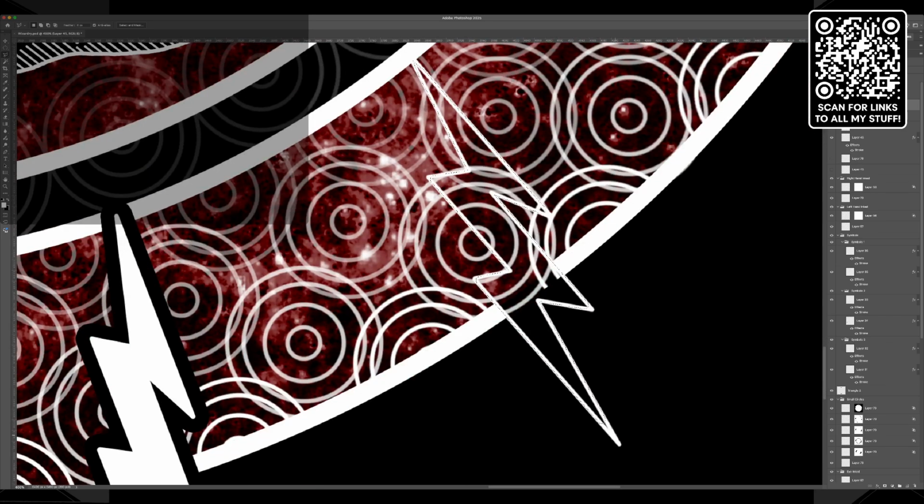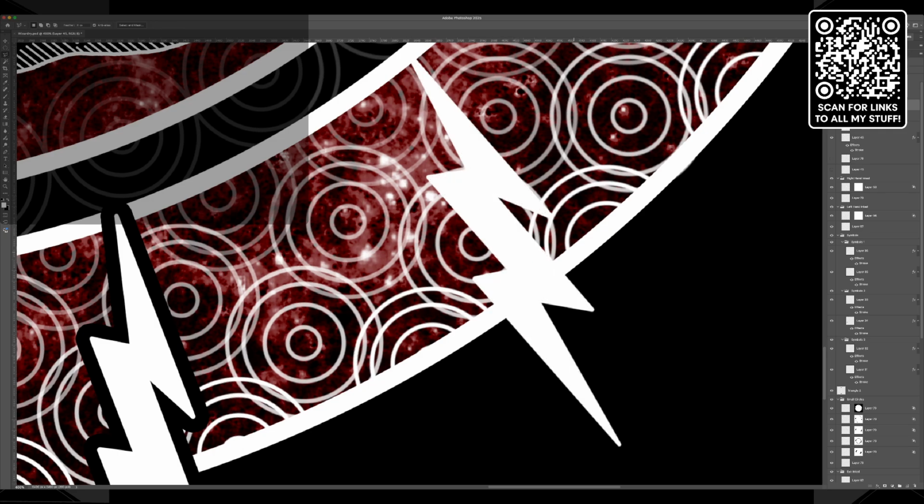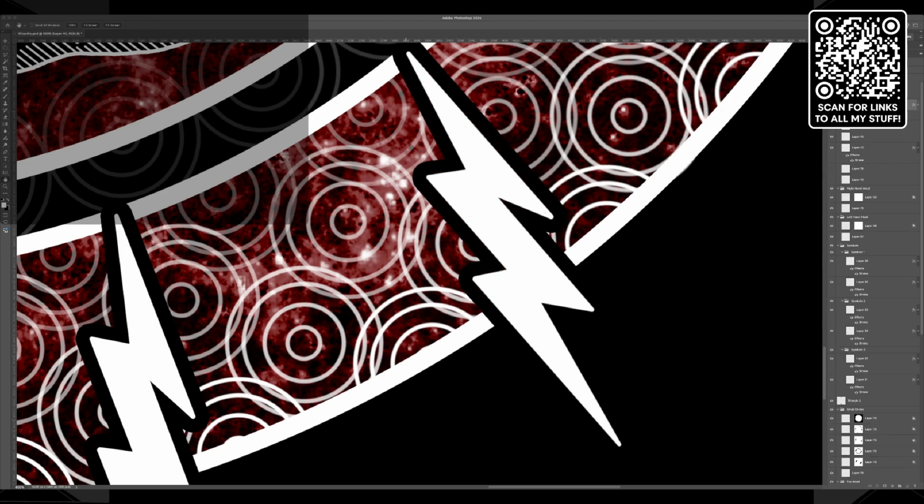I had the basics of this idea, which was really just the hands and the lightning bolts. If I'm being honest, what I had when I started this was the hands and lightning bolts. Because my first triangles were very different than this. Okay, that's fine. Let's go ahead and put that stroke on there.